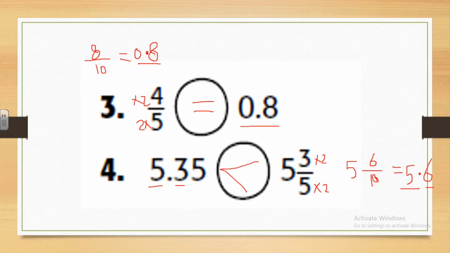Of course the 6. Even though here we have one digit before the point, and here we have two digits, it's still the 6 that is greater than 3. Okay,